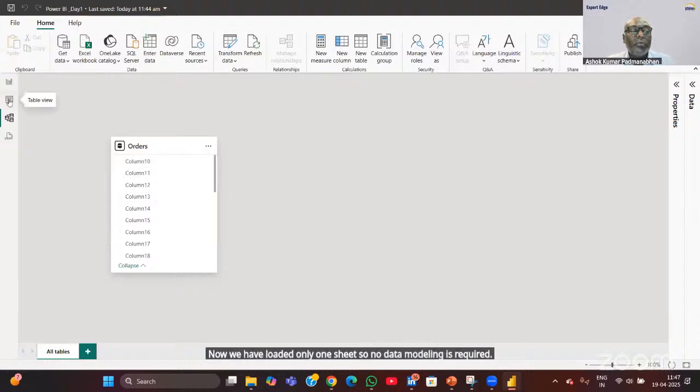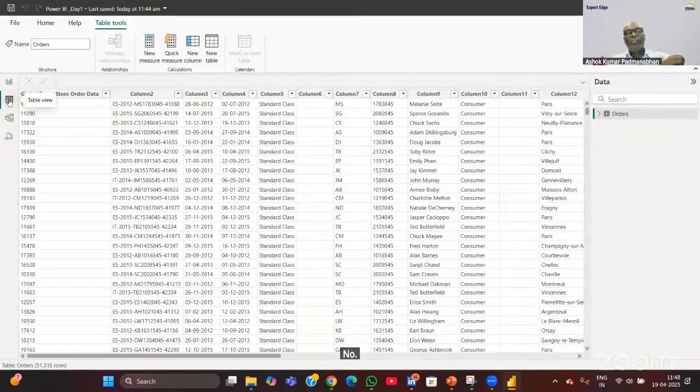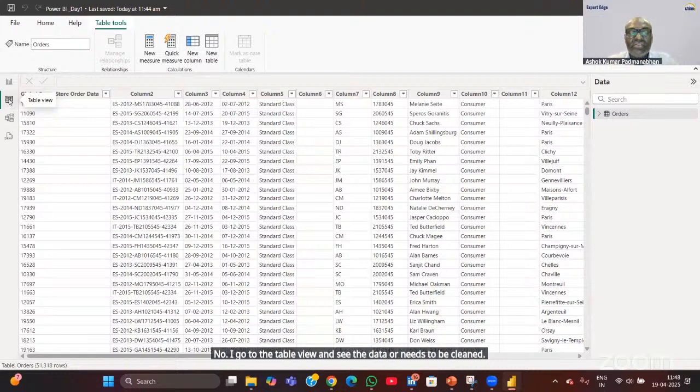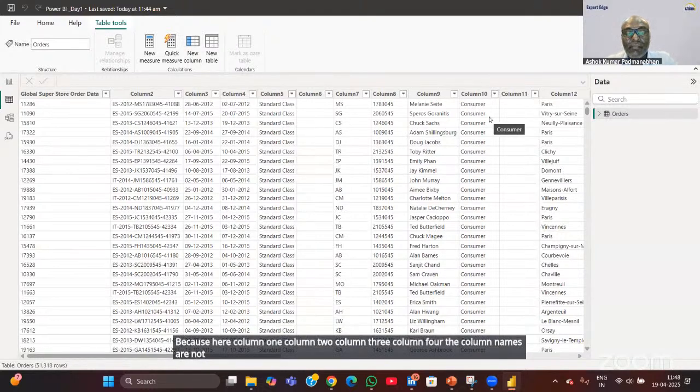Now I go to the table view and see the data. It needs to be cleaned because here column 1, column 2, column 3, column 4, the column names are not in a proper manner. So I have to see the